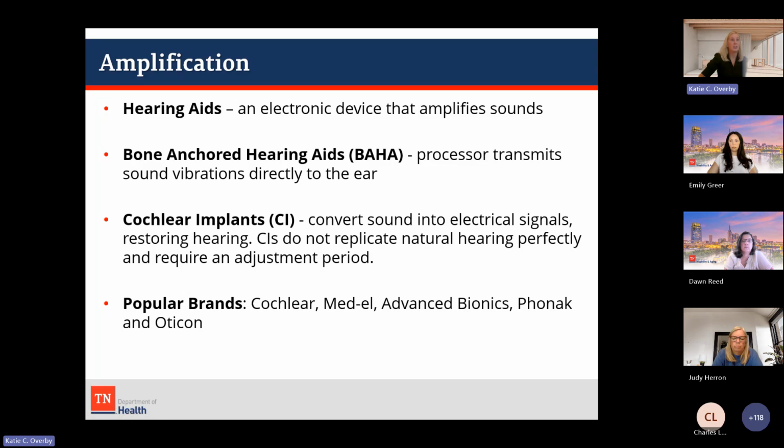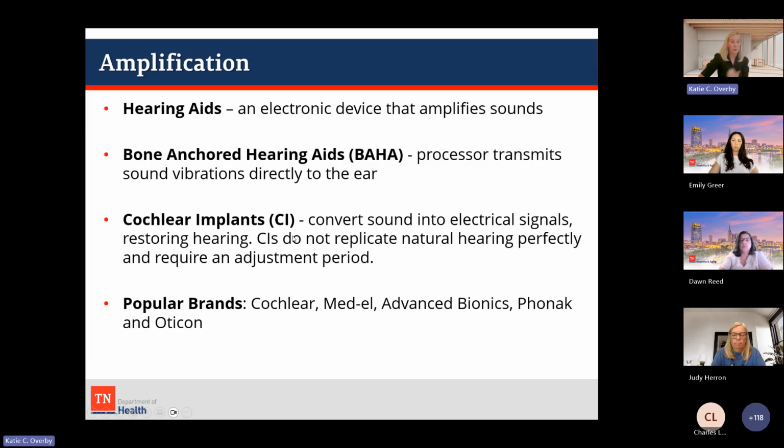So speaking of amplification, there's a couple pieces of equipment that are more popular, or what you're going to see on your caseload. So hearing aids, those just amplify the sounds, and a child could have one hearing aid or two hearing aids. And there's lots of different models and variations of that. Then there's the bone anchored hearing aid or a BAHA, or sometimes you can see BAI, and that means that the bone anchored hearing aid has been implanted. Otherwise, the child might wear a soft bone BAHA on their head, and that is just the vibration going to the ear.